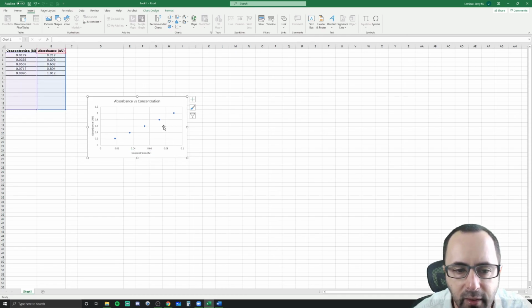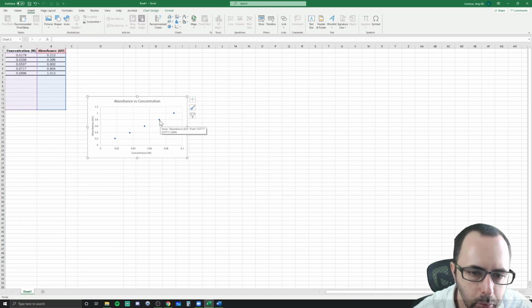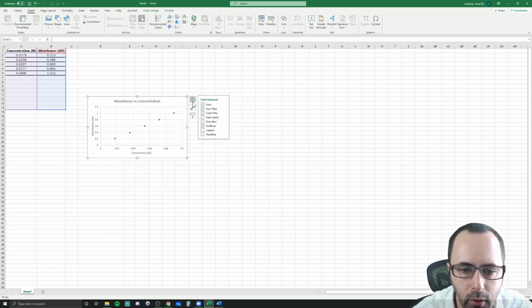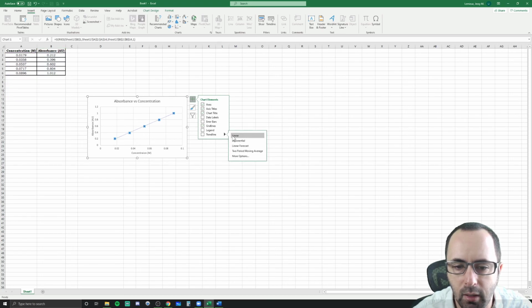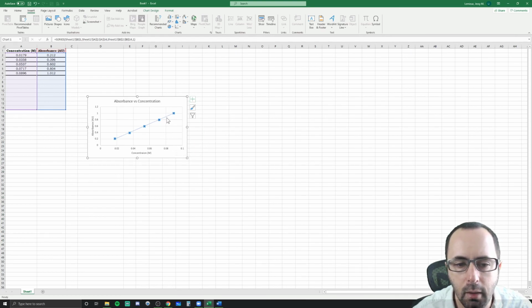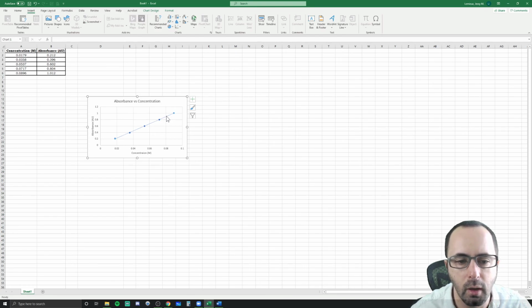And then the last thing we need is a trend line. And like most things, there's multiple ways to get to it. You can click the plus here and add a trend line, or you can click the data points and right click them, and you can choose add trend line. Either one of those is fine. If we go to trend line here, you'll see there are more options, like a linear. It's going to default to a linear, but even when you make the trend line, you're still not done, because you're going to want to